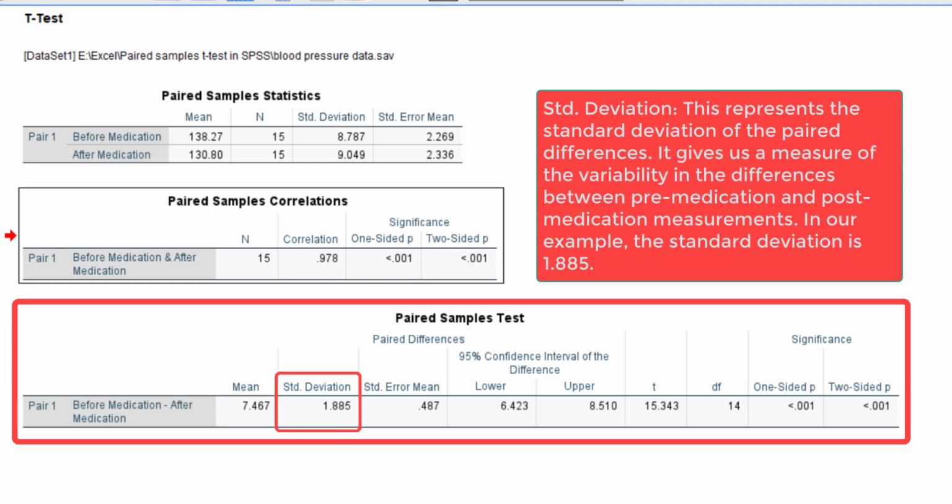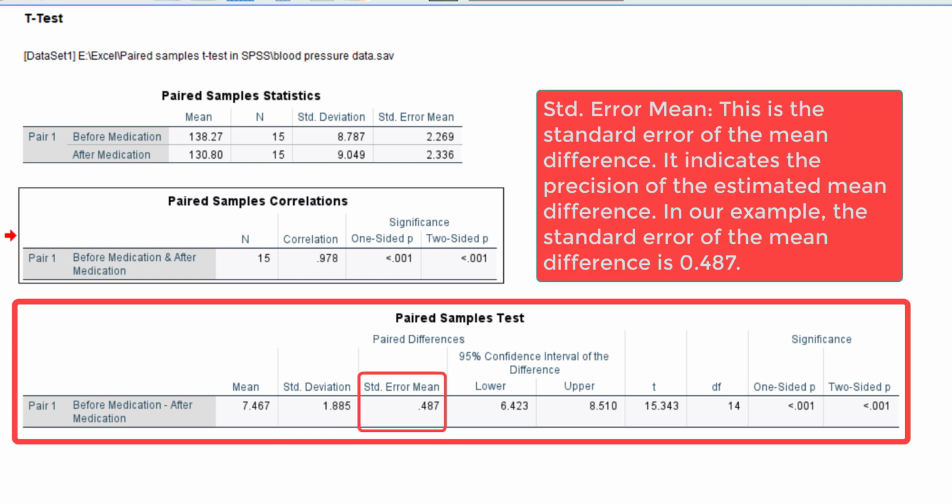The standard deviation column represents the standard deviation of the paired differences. It gives us a measure of the variability in the difference between the pre-medication and post-medication measurements. In this example, the standard deviation is 1.885. The standard error indicates the precision of the estimated mean difference.